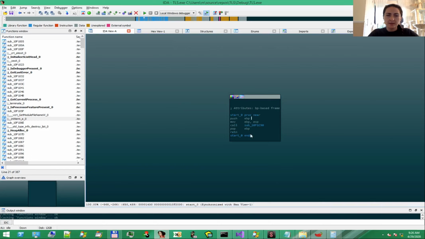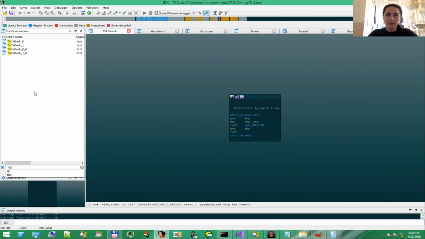Why? The reason is that C++ applications have a lot of loader-related code that wraps up the main function. We can do another trick, find cross-references to the message box function. Message box gets called from both callbacks here.